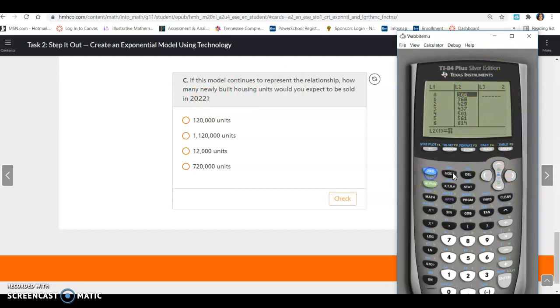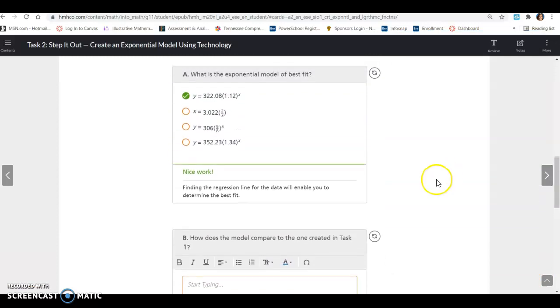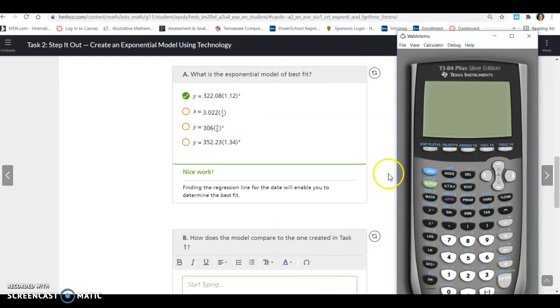So if we use our model, let's find our equation up here. We can say 322.08 times 1.12 raised to the x power, but we're looking for a specific year. We're looking for 2022, which is 11 years after 2011. So if we hit enter, that gives us